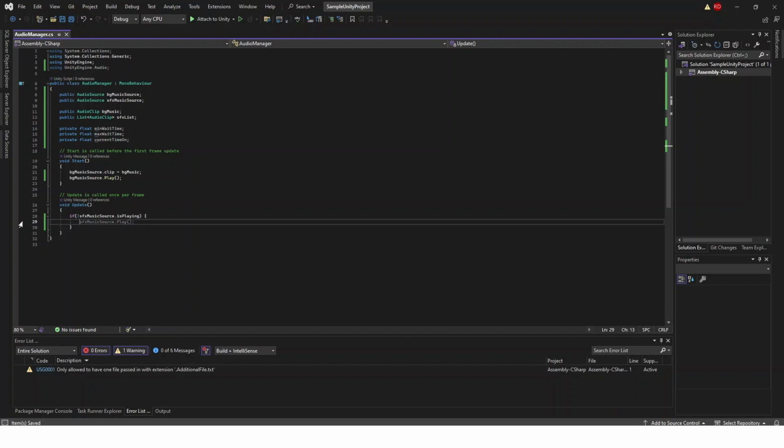We're going to want another if statement. This one's going to be checking if our current time on is less than 0. So if our timer that's counting down to see if we can play is less than 0, we're going to want to play a sound. So what we will do is we